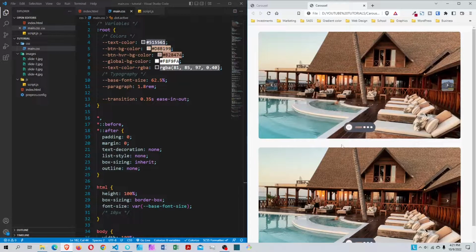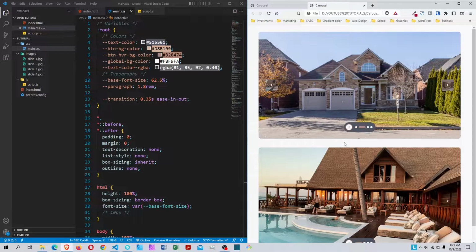If we move our mouse, it starts sliding. Autoplay is on. We put our mouse over it, it pauses, and this icon changes. So in this week I will be adding the JavaScript. So without further ado,